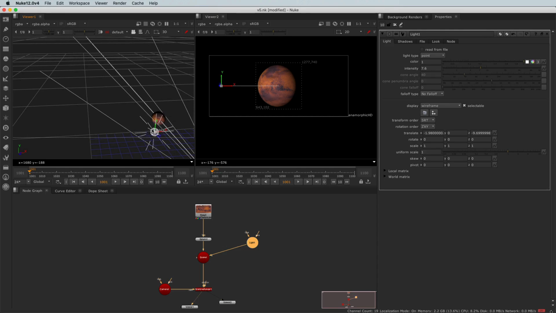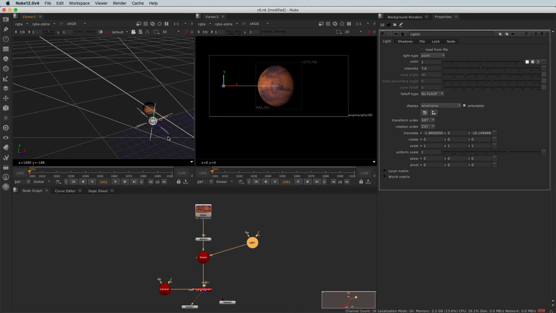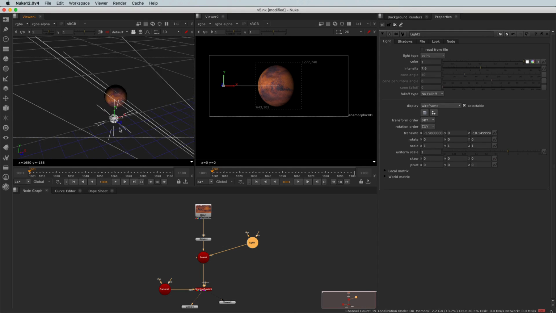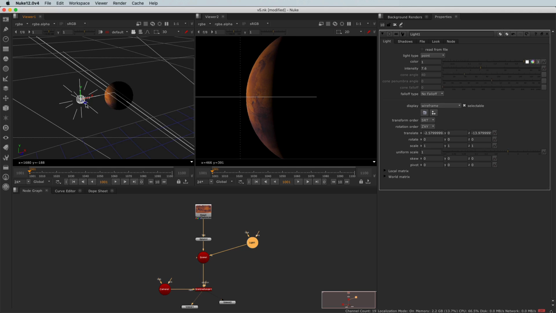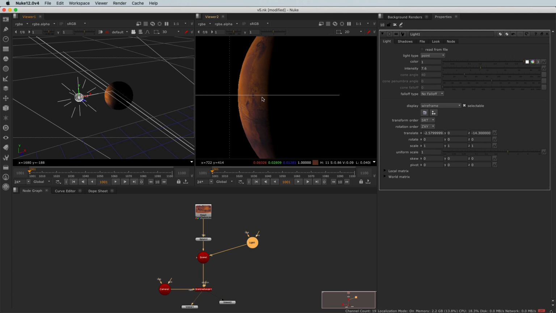So let's move it. I'm not going to try to be very accurate as I would in a 3D software. Here, I'm just trying to cheat the feeling of the lighting. For example, here, that will be not too bad. But the problem with that current point light is that the falloff doesn't work that great. In order to get a great lighting with a great falloff, I will have to use the